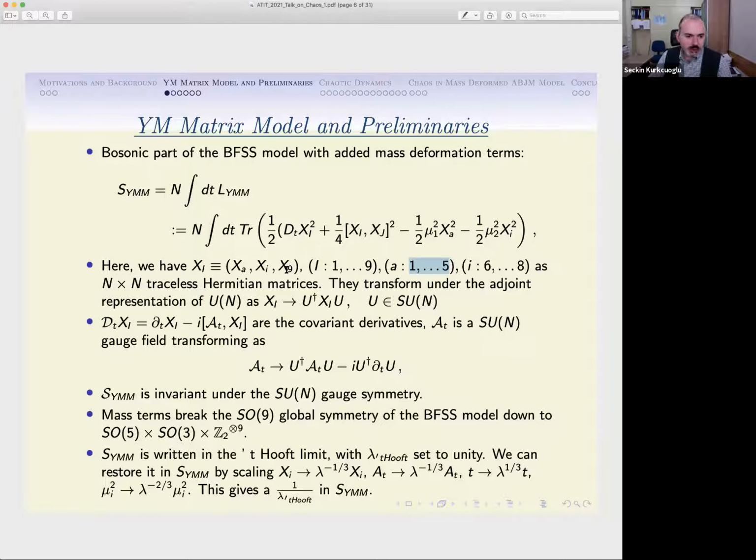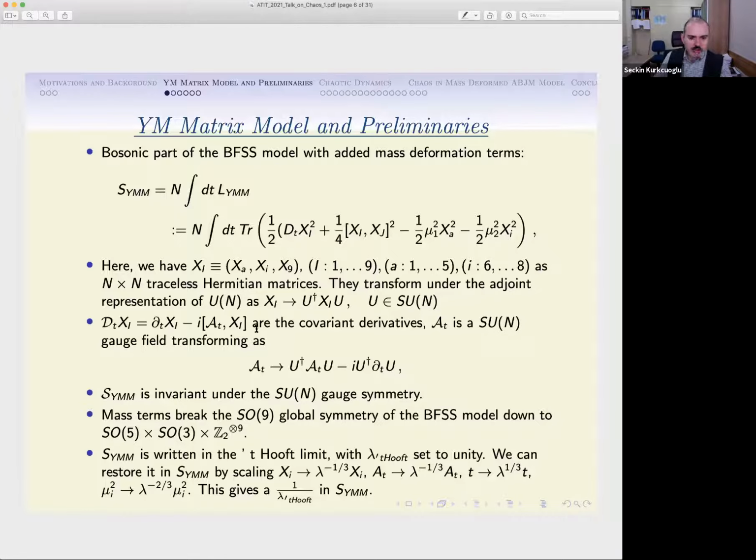And furthermore, we have a kinetic term here, which is given by a covariant derivative. That's because this is still a gauge theory. It's called a matrix gauge theory or matrix quantum mechanics. So the idea is that it's like quantum mechanics because there's only time dependence. There's no space here. So space somehow will emerge from these matrices, but it's another story.